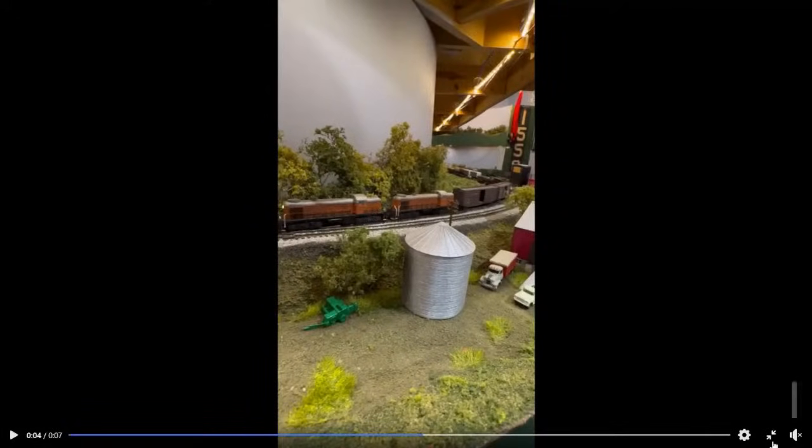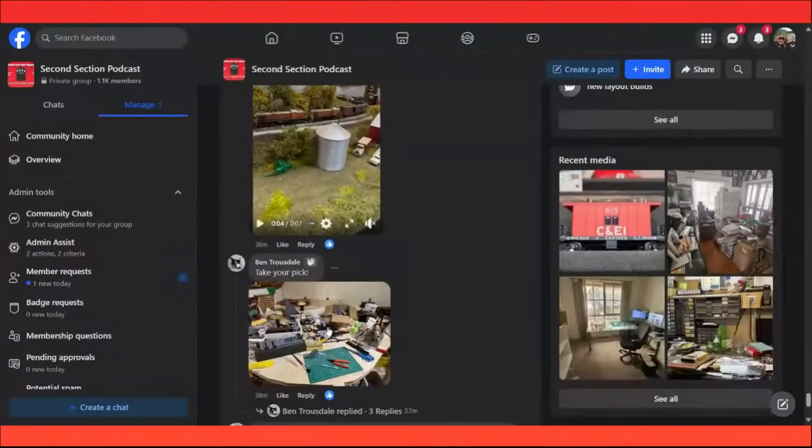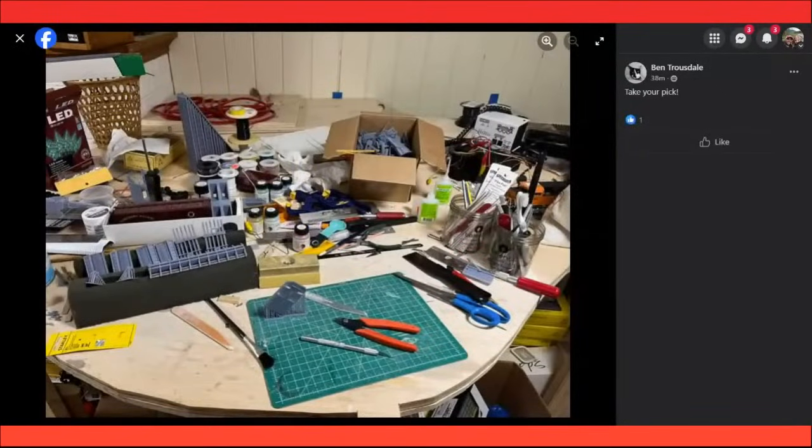Not bad. All right. We got Ben Truesdale. Take your pick. He's got some 3D printed stuff here. Fellow S-scale modeler. Is he really? Oh, yeah. He's minus 2 points. Yeah, he's actually